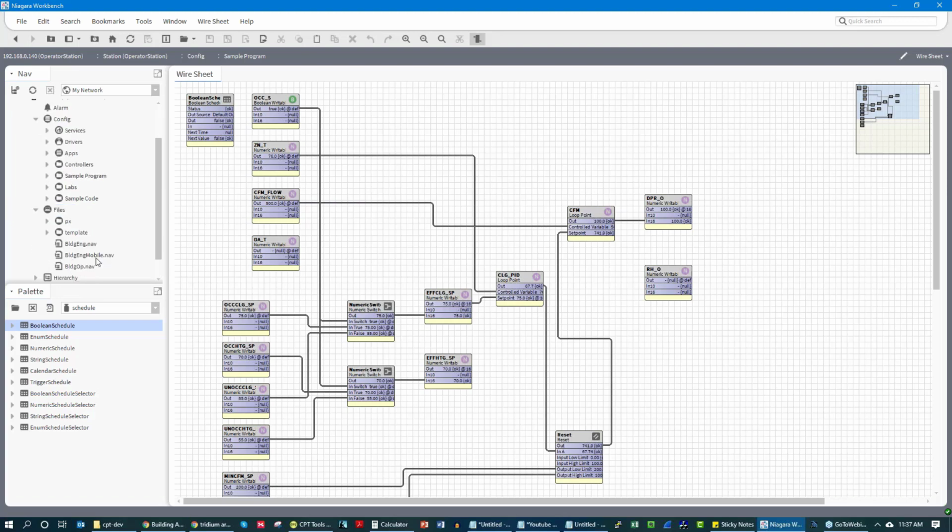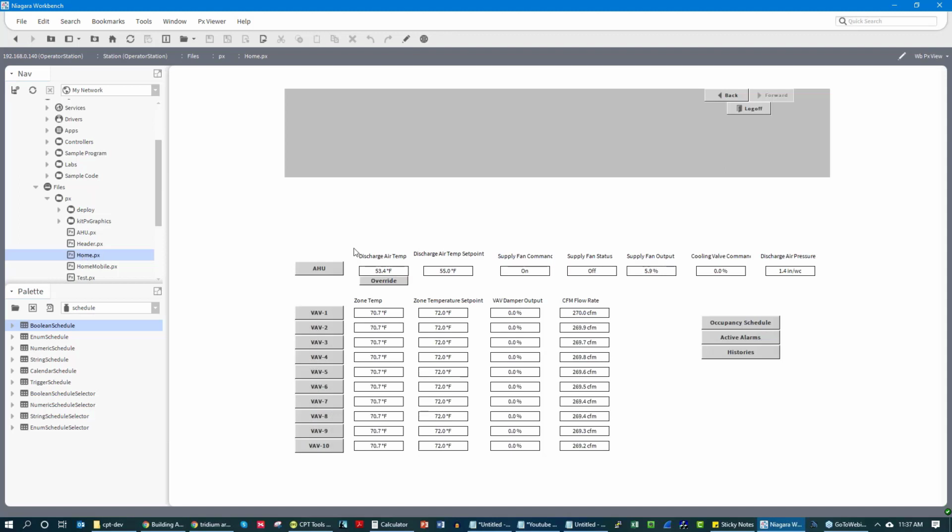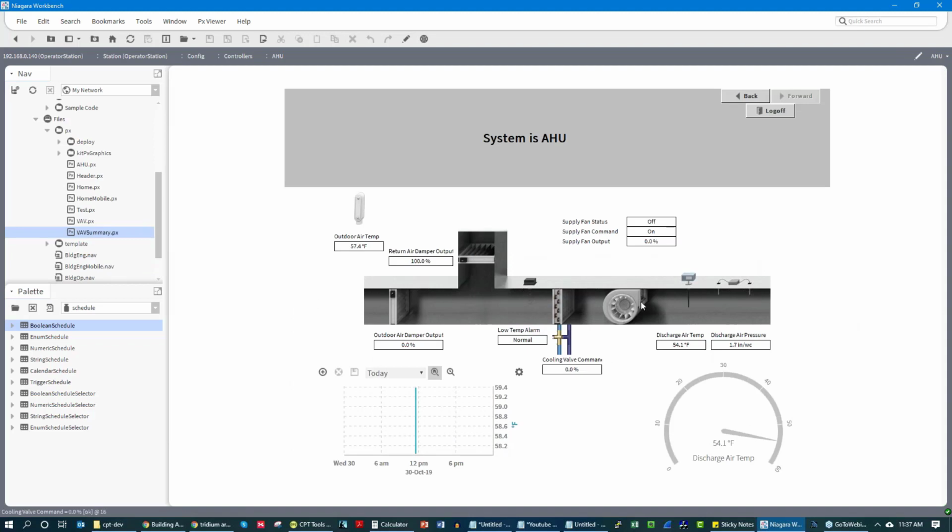Now, in the case of graphics, what often happens is you will have kind of 3 types of graphics. So one type of graphic you will have is the home graphic. This home graphic will allow you to have kind of an overview of your building, an overview of your systems, and the home graphic will tend to link to system graphics. And system graphics, right here, will tell you kind of what's going on with a system. And then from there, the third type of graphic, which we don't have on here just yet, is a floor